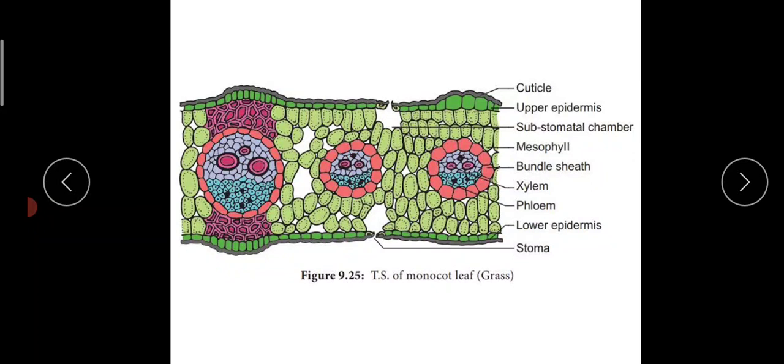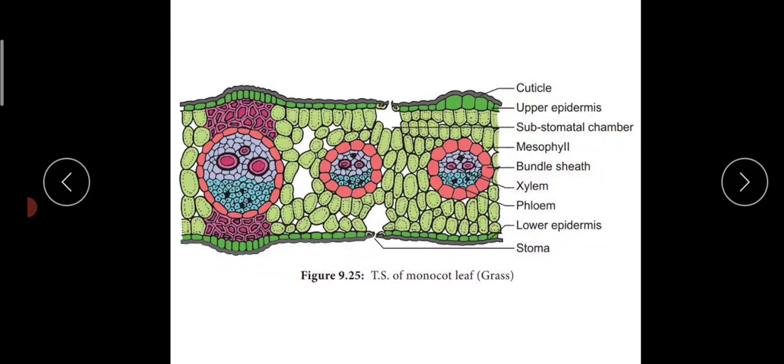And also there are stomata, and the stomata in monocots, the guard cells of stomata, are which shape? They are dumbbell shaped. In dicot it was kidney shaped. When coming to monocot, it is dumbbell shaped, and they will be surrounded by subsidiary cells, and the number may vary from 2 to many. Okay, that is all about the epidermis.